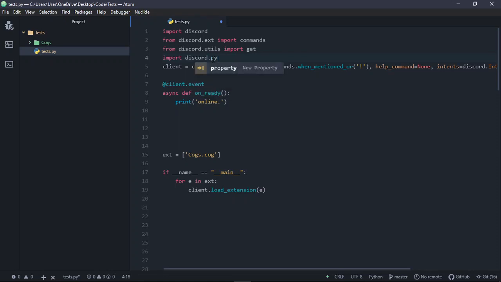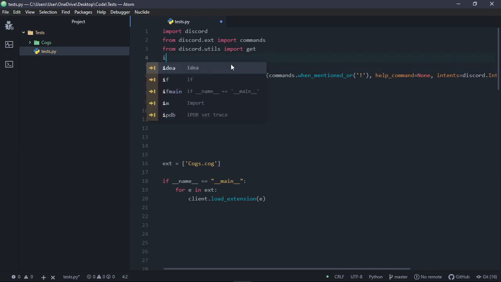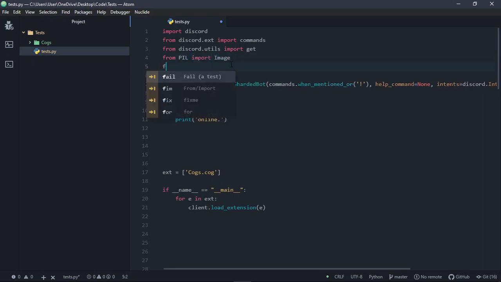It has a .py at the end when you install it, but for the most part, when you import it, you import discord. So it's not always the same. When you import Pillow, you import PIL. So we're gonna do from PIL import Image as well as from PIL import